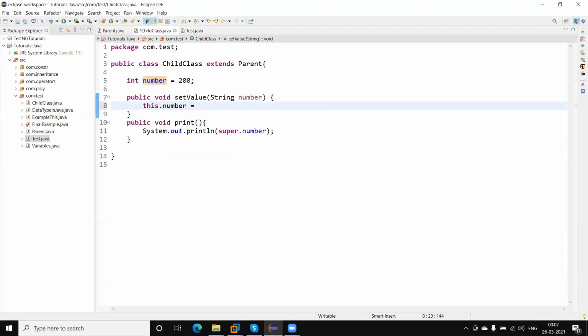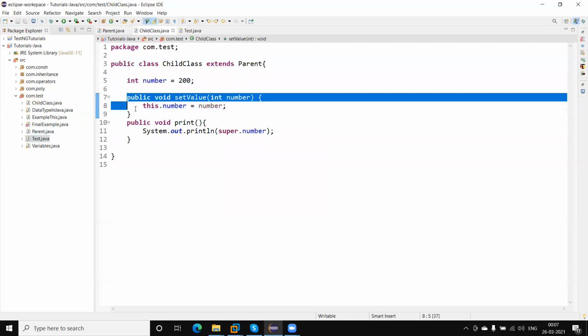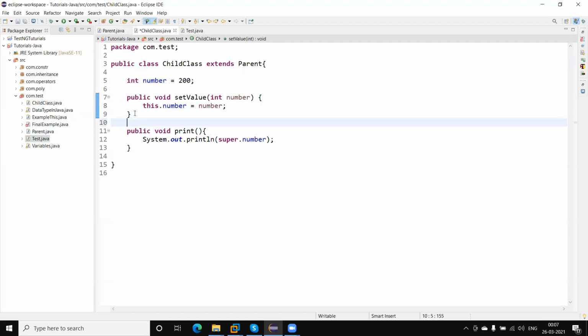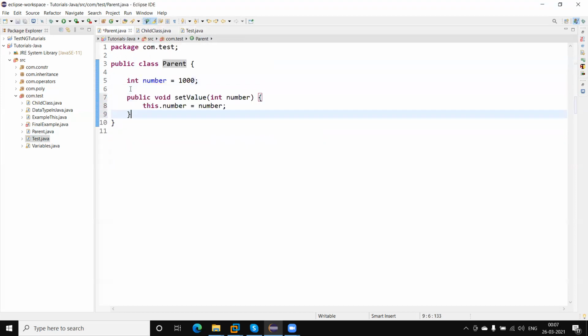I have already discussed what is the use of this. Basically, this refers to the same class object, while super is referring to the parent class object. Okay, so I have one set method here. Similar type, I have one set method in the parent class.